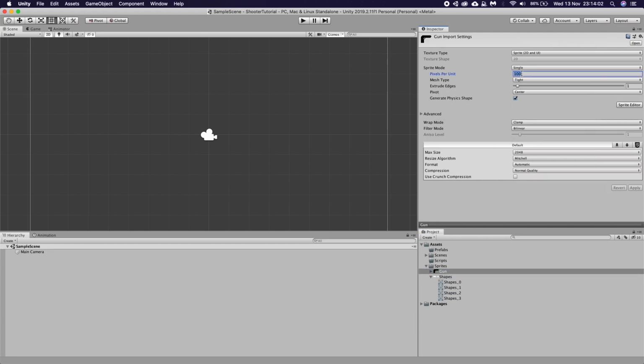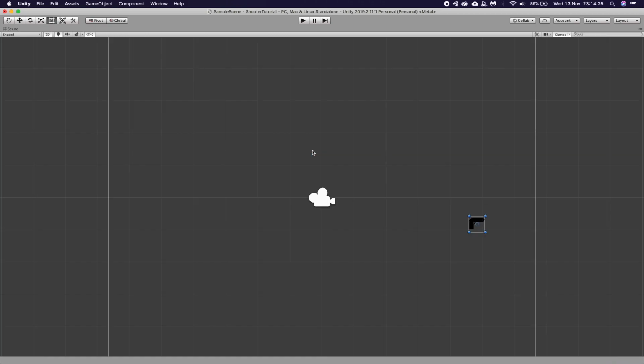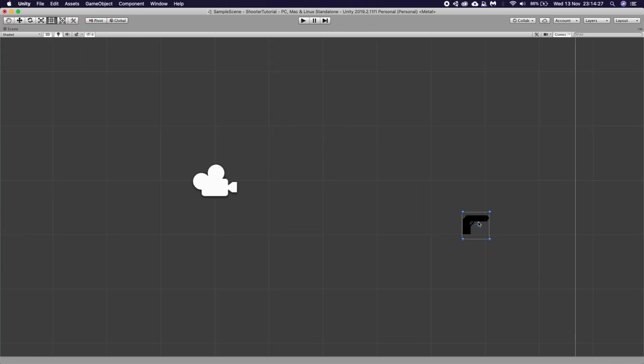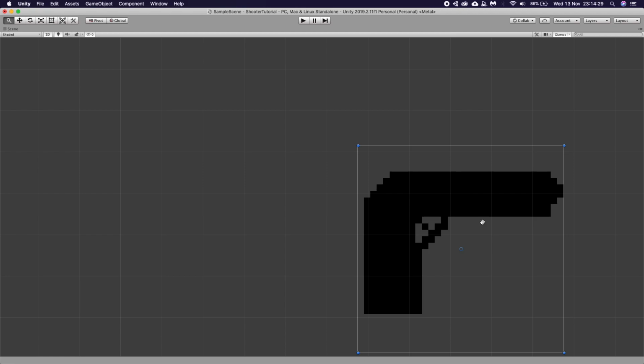I'm going to set this to 64. 64 or 32? 64 because we want it to be smaller than what it is. Go set it to point because it's actually pixel art. I know it doesn't look like pixel art because it's beautiful, but it's pixel art, trust me. I'm going to click apply, and there we go. I made this sprite. I don't know how I can show you it without dropping it into the scene. Oh, there you go. Zoom in really close. Oh, here we go. See, this is a beautiful piece of pixel art.